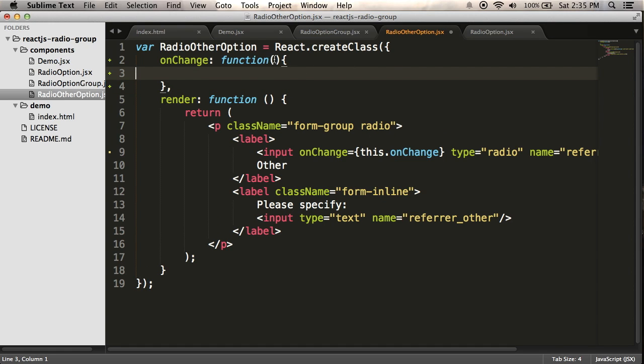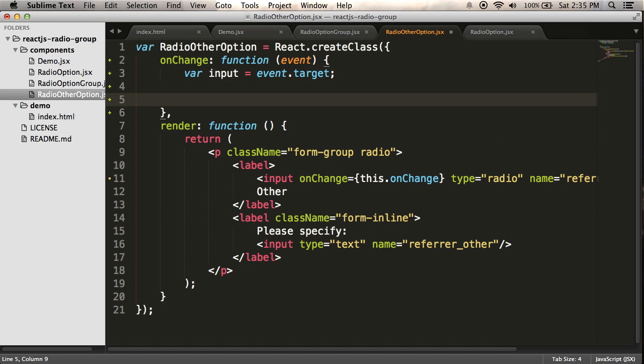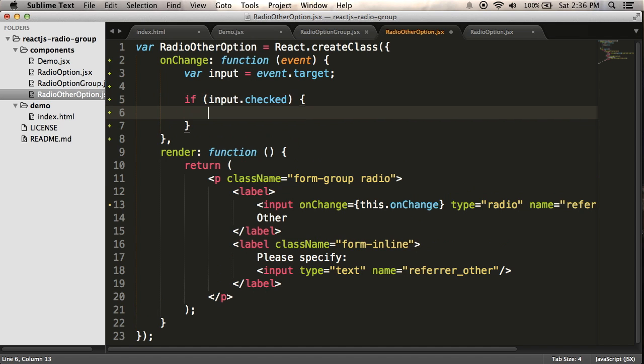It's going to receive an event, and there's going to be an event.target property, which is going to reference this input. So what I can do is say input equals event.target, and then check if input is selected. So if input.selected, checked rather, then